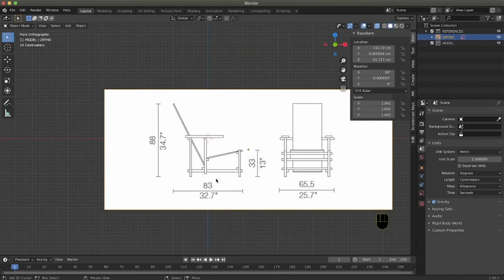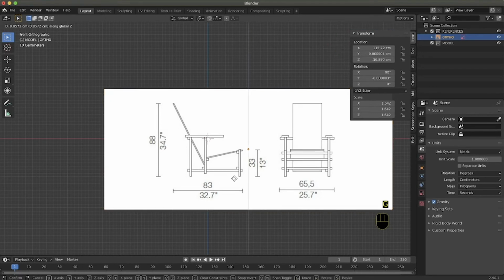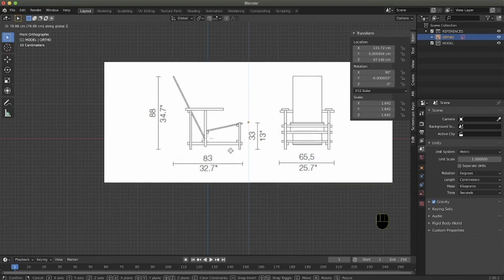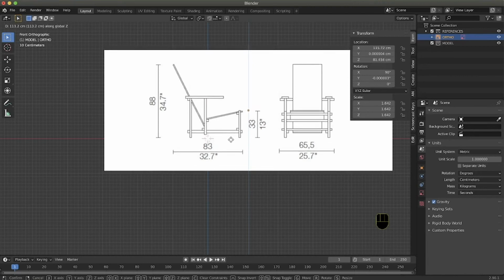So we go back into front view, and we move the chair. We press G to grab the background image, and Z to lock the axis where we want to move it, and we simply move it up.